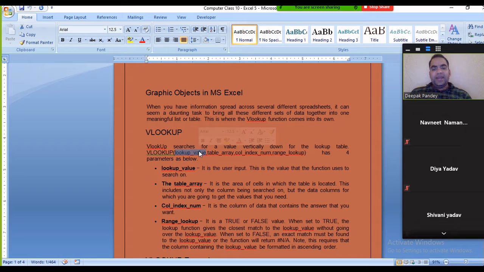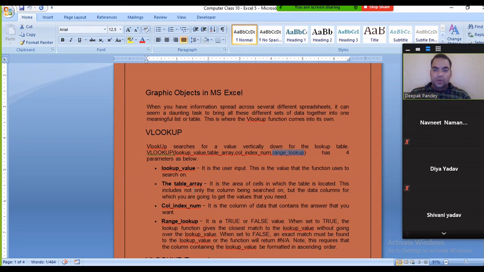Lookup value is basically the user-inputted value, and the second parameter is table array, the table where we want to search for the value, the entire table. Column index is the number of the column where the value is actually located. And range lookup is a boolean value.